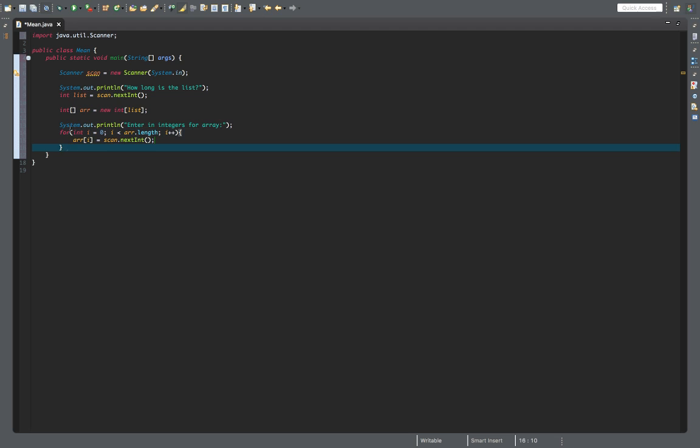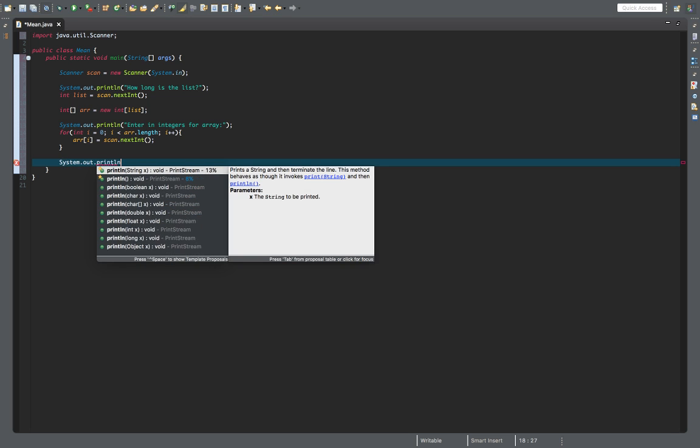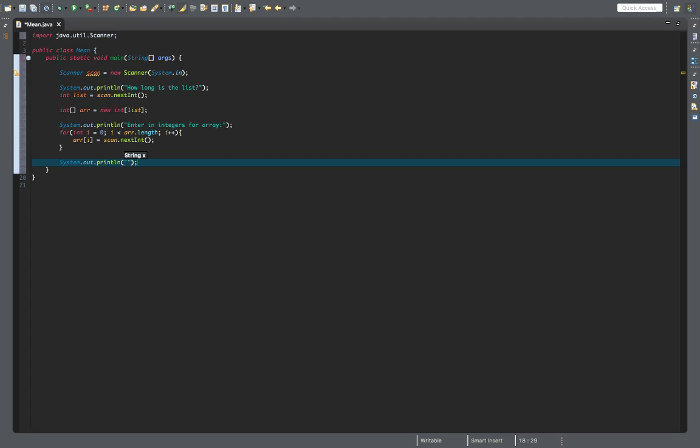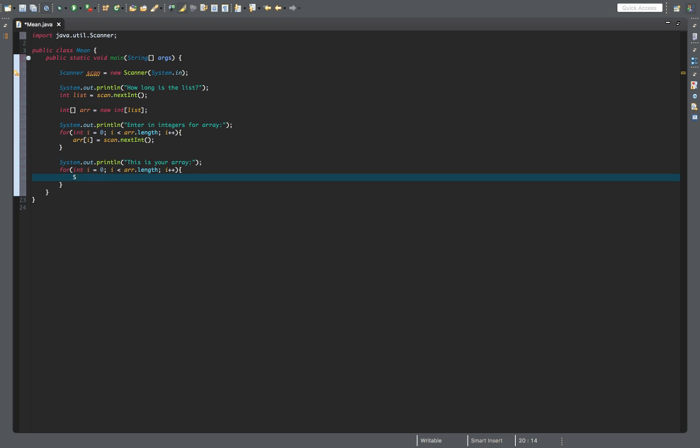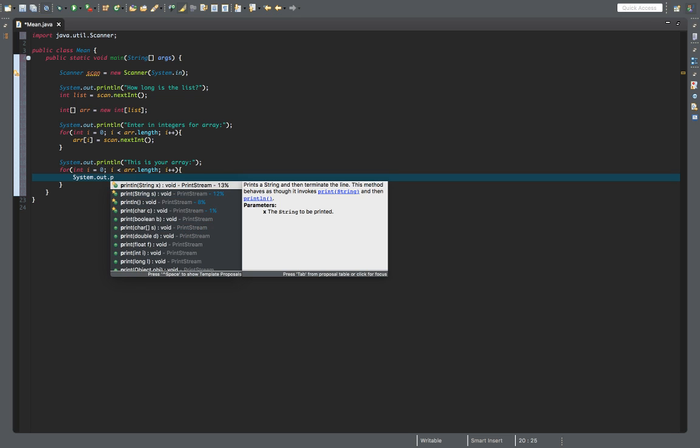Now that we have that, we can go ahead and print out the array just to give the user a visual of the array that they entered. So this is your array. To do this, we're going to need another for loop since we're printing more than one number. For int i equals 0, i is less than arr.length, i plus plus. And we're going to do system.out.print